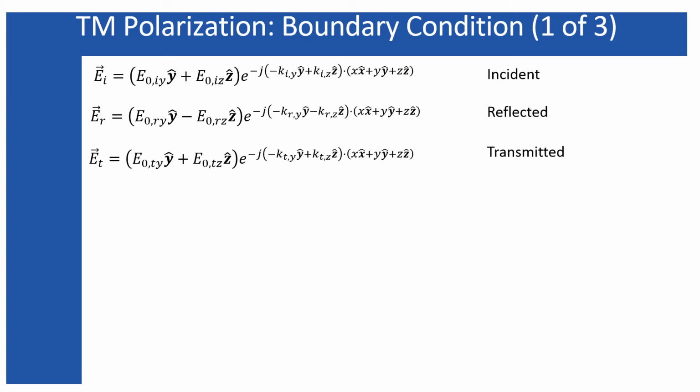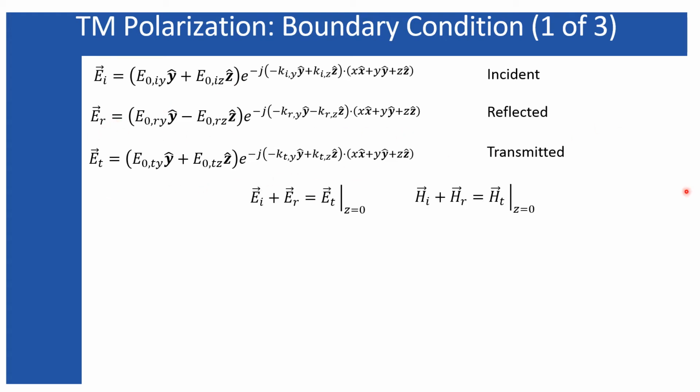Next is the most important thing that I'm going to consider, that is the boundary condition. The boundary condition that I considered for the normal incidence case, in this case also I'm going to consider in a similar manner. That means I'm going to consider the total electric field in medium 1 equals the total electric field in medium 2, and similarly for the magnetic field also. The electric field for the incident wave is represented by this equation, where the polarization term exists over here, and the reflected wave and the transmitted wave.